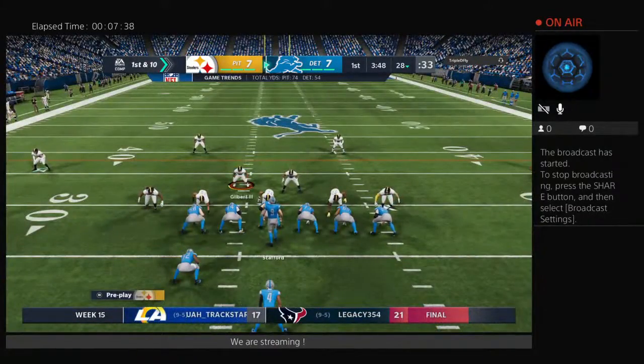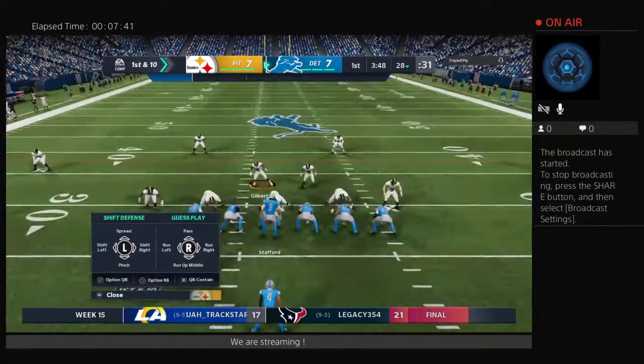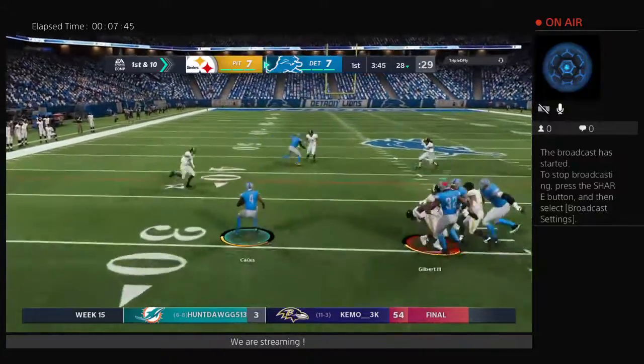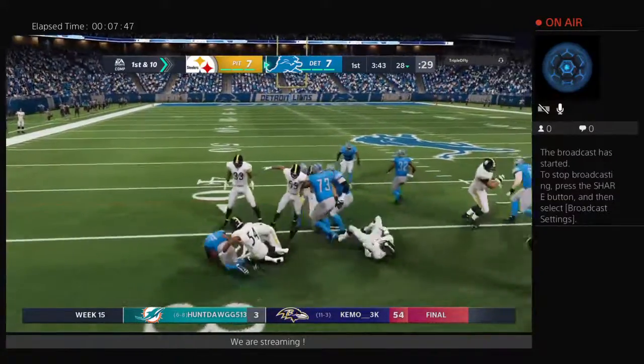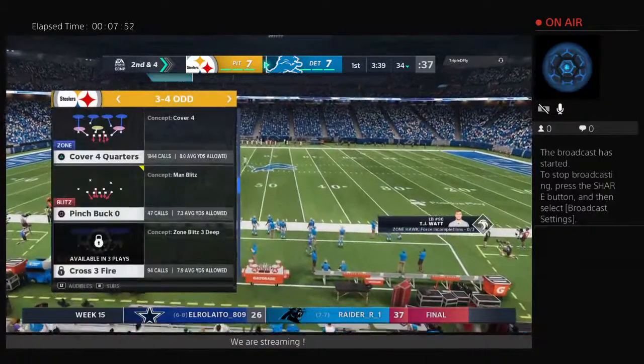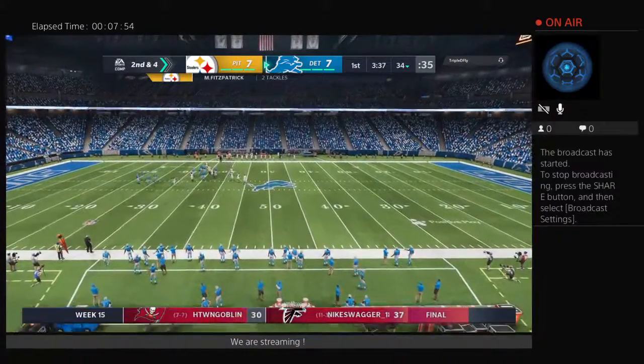The Detroit offense ready to begin their drive. And they're hoping to redo their efforts in the last drive when they got into the end zone. And just think of what it's like now on the sideline, because when you score a touchdown, you have to go over and look at the tablet and see what you did on the last drive. When you score points, it's a whole lot better view